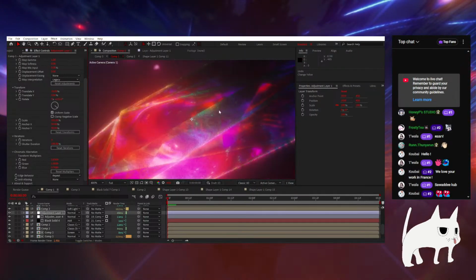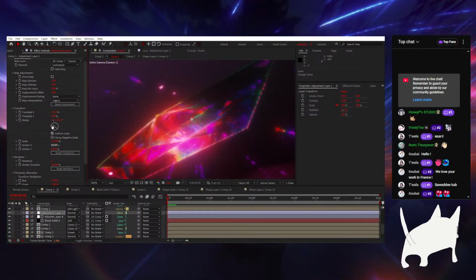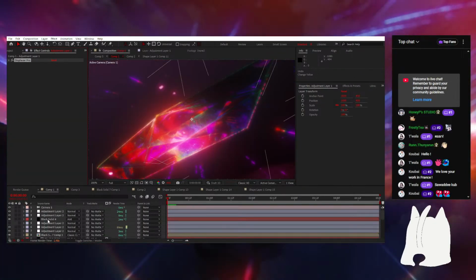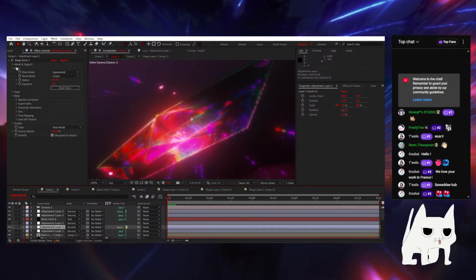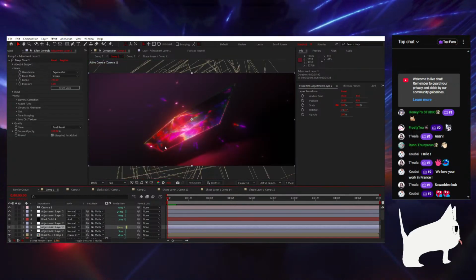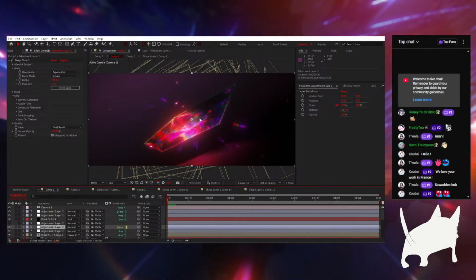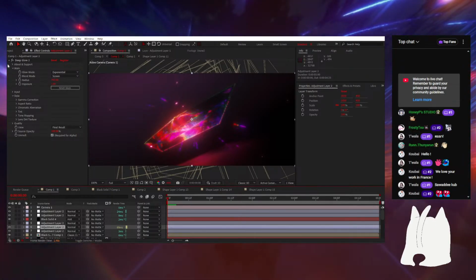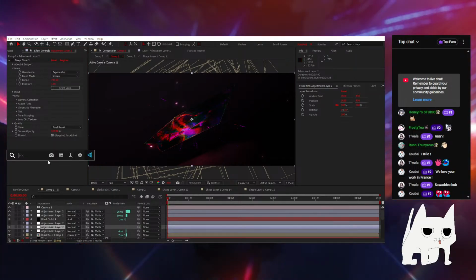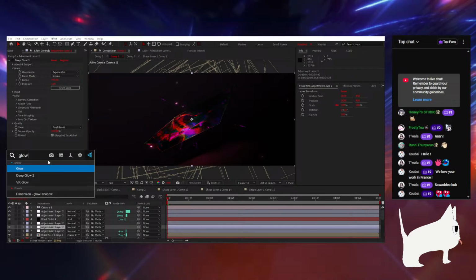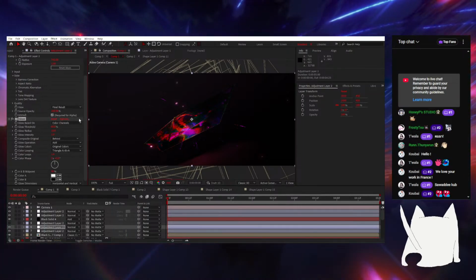I kind of like how grainy this is. Right, so yeah, pretty much how we do it, and pair it with the Deep Glow. Pairing it with Deep Glow is going to give a very beautiful color correction in post-production. Without Deep Glow, it's so dark. You can use a normal glow as well, but it's not going to be as cool as the Deep